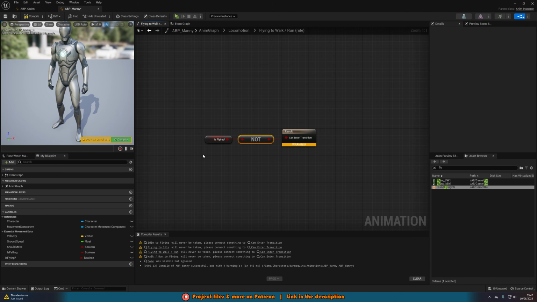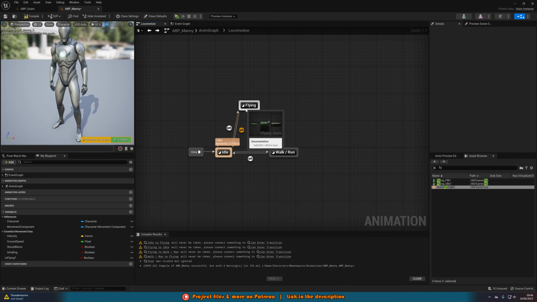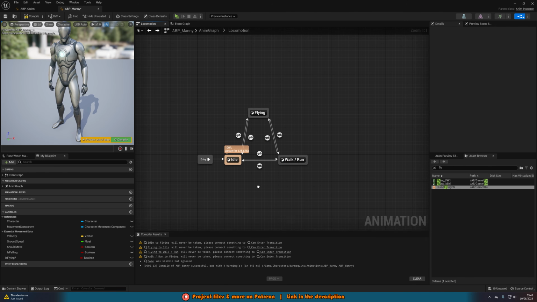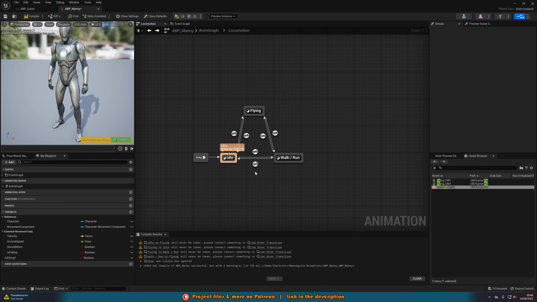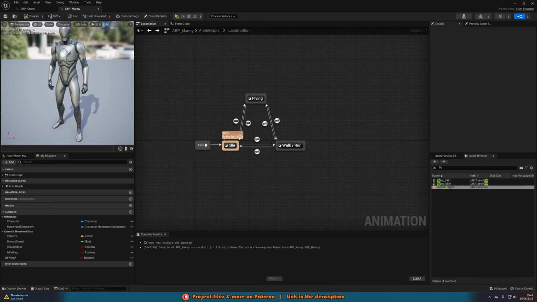Now if you wanted, what you could do is even for going back to idle, you need to check if you aren't moving, and going into walk run, you need to check if you are moving. I'm not going to worry about that because this will still work perfectly fine anyway, because if you go to walk run while you're idle, it will just go straight back to idle anyway and you won't notice. But if you do want to go that extra step and just have that verification check in there, you definitely can do that. So now if you compile and save, we can hit play and this should be working perfectly